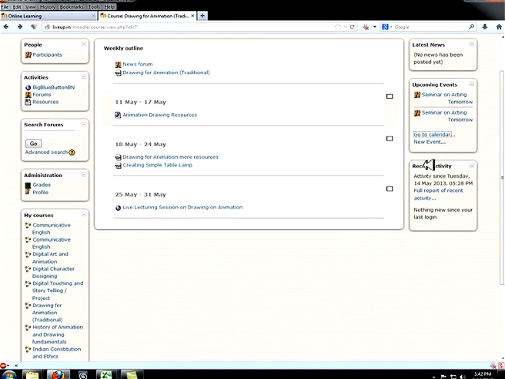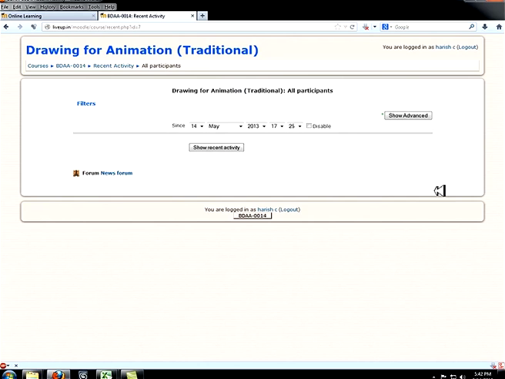There's one more thing below the upcoming events, which is Recent Activity. Recent activity shows what activity happened recently. You can have a full report by clicking this link. It will give you a filter where you can set a date range. Then if you hit the Show Recent Activity button, it will summarize all the events that happened between the dates. This is very useful when you want an update of events that happened very recently.